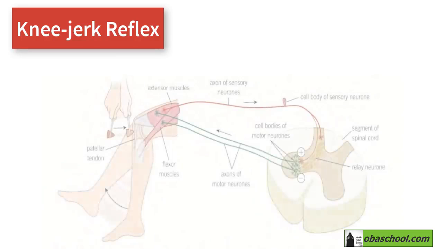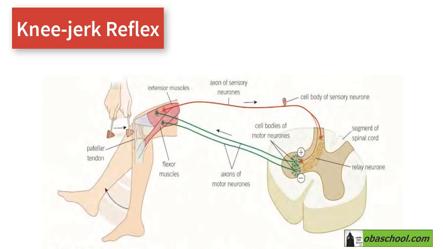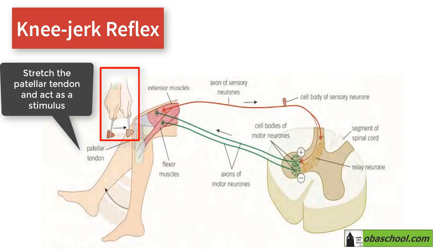An important example of reflex is the knee-jerk reflex. The knee-jerk reflex is a reflex commonly tested by doctors. It is a spinal reflex, which means that the impulse goes up to the spinal cord but not to the brain. When the leg is tapped just below the kneecap or the patella, it stretches the patellar tendon and acts